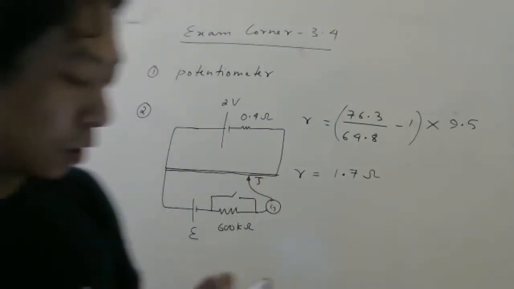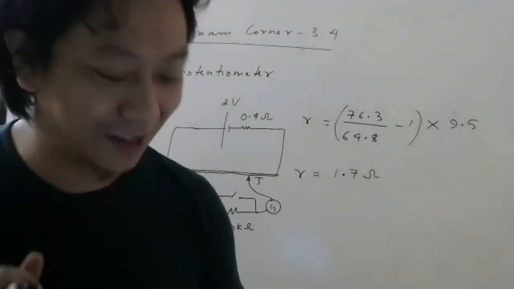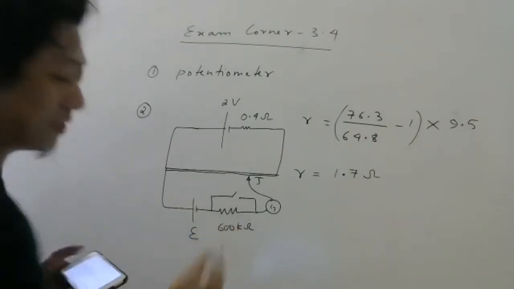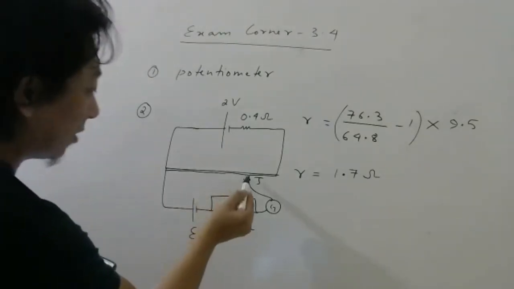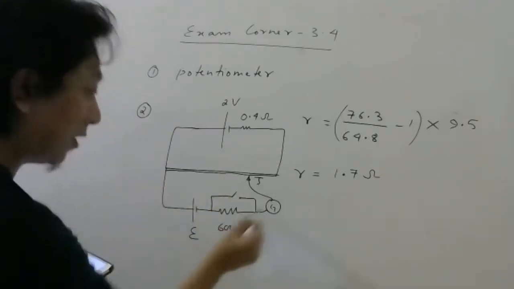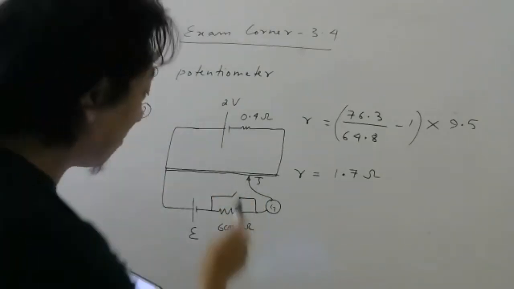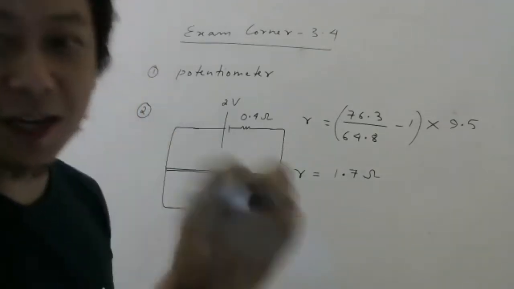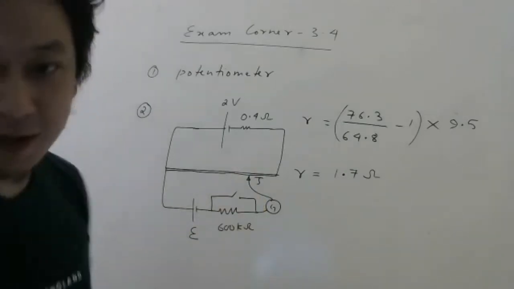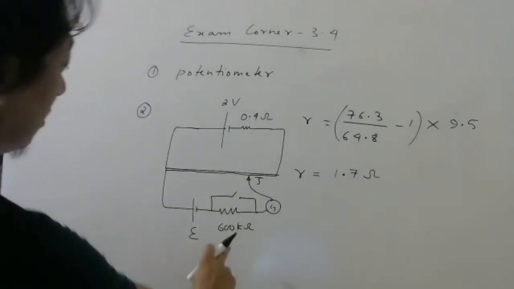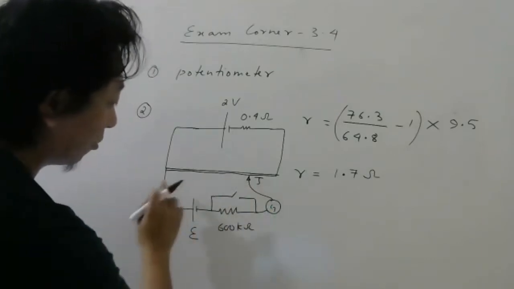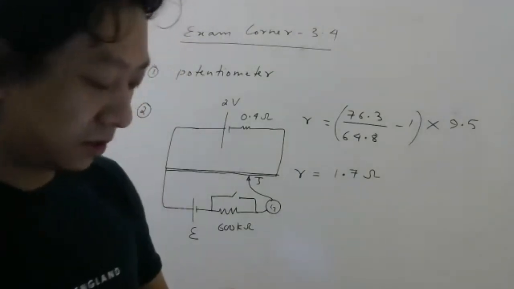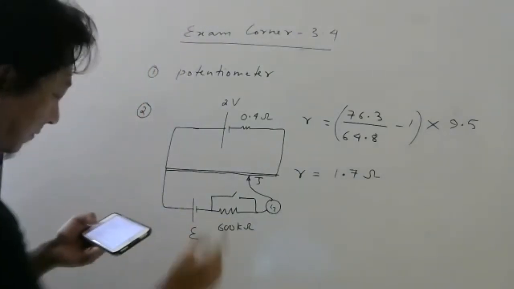Okay, let us answer. What purpose? This I have already answered. What is the purpose of this high resistance? The purpose is to make sure that when you are not at the balance point, at that time current will flow. When you are at the balance point, when the voltage here is equal to the voltage here, at that time current will not flow here. Understood or not? So be careful about that. So to ensure small current here. Why do you want small current? So that the galvanometer is not damaged. That is the reason why you are putting this high resistance.